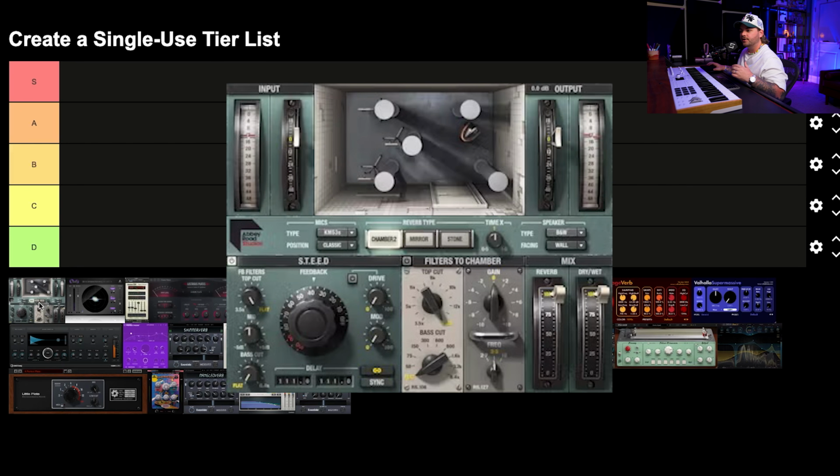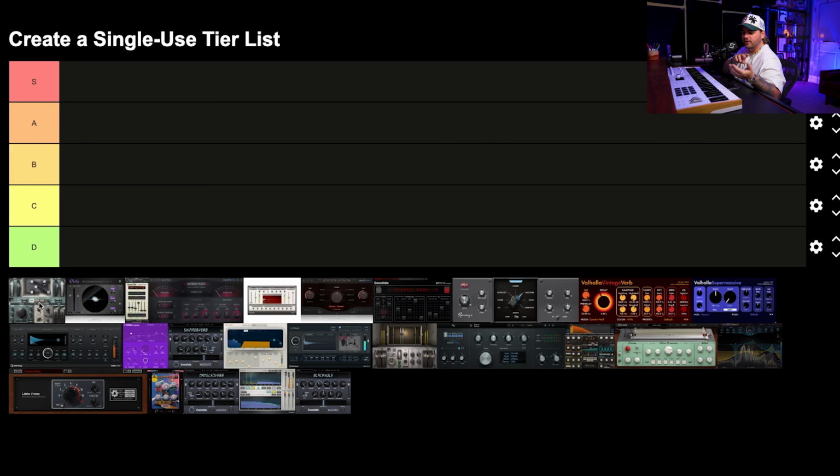Let's go ahead and dive in so we can rank these. We have 25 to dive into. The first one on our list is Abbey Road Chambers. You're going to find that there's a lot of different versions of reverb on here. We're going to have spring reverbs, chamber reverbs, room reverbs, convolution style reverbs, and algorithmic reverbs. So I'll try to explain a little bit about each one, but just know for Abbey Road,